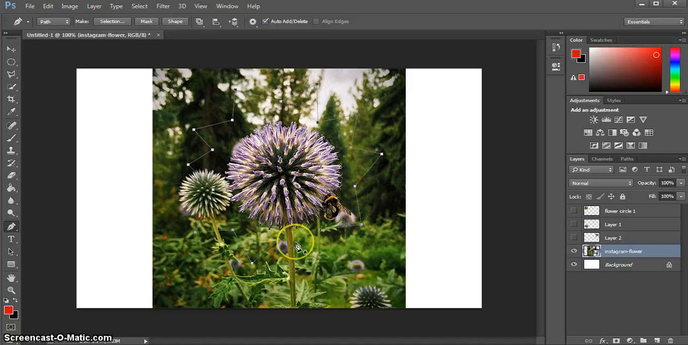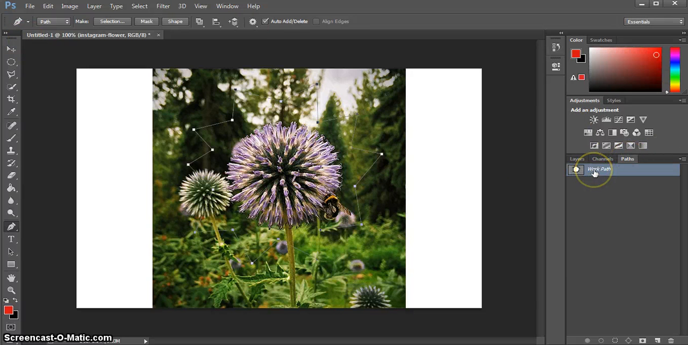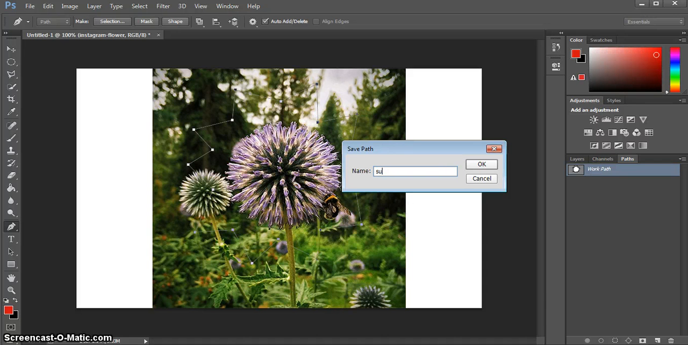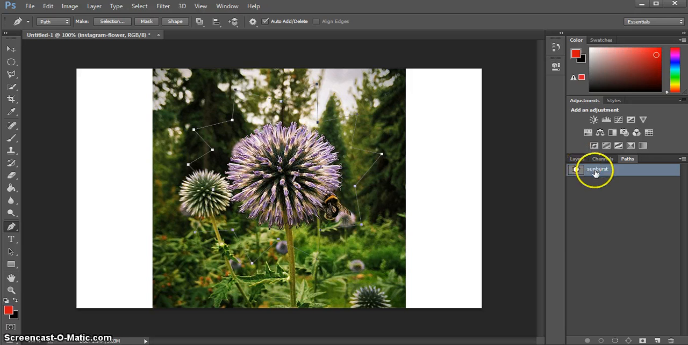And now it hasn't started glowing, it's just a complete line. Where I'm going to find this is over in the Paths panel, and it's called Work Path. I'm just going to call this Sunburst so I remember which one it is. And the thing about that is it's always going to be there. So I can now click on this,